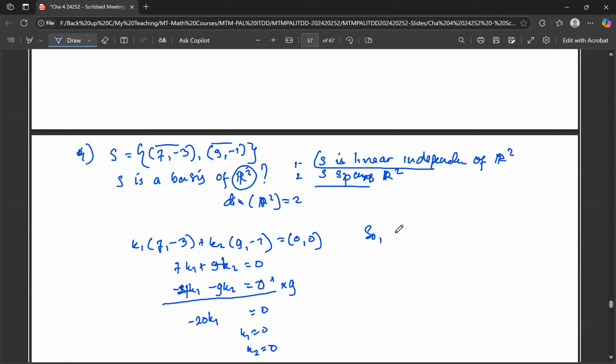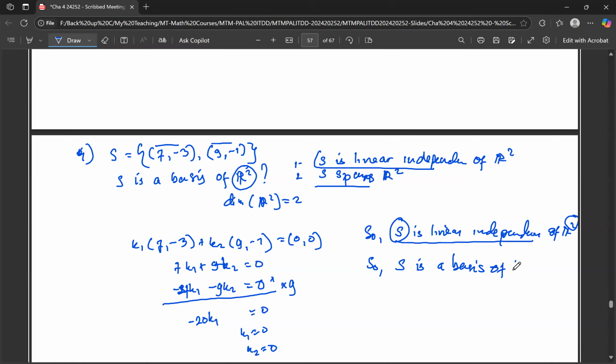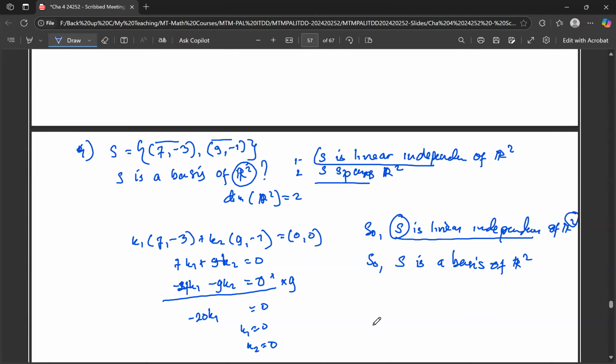So S is linearly independent in R2. Jadi setelah kita nyatakan dia linear independent, sehingga S is a basis, ya, karena dari teorema tadi bahwa kalau dia sudah dibuktikan independen dengan jumlahnya sama dengan dimensinya, maka S itu basisnya. Okay,